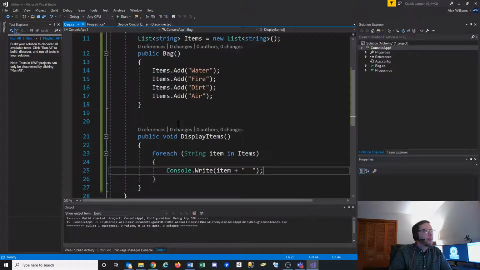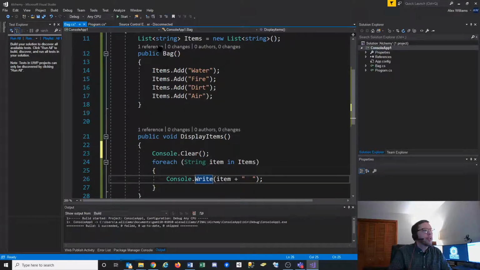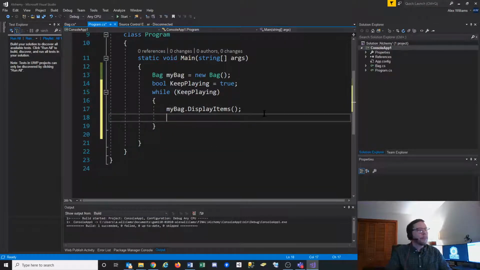I probably want to do a console clear so that every time I display it, I get a new line. And that's that. All right, so now let's see, the second part of my